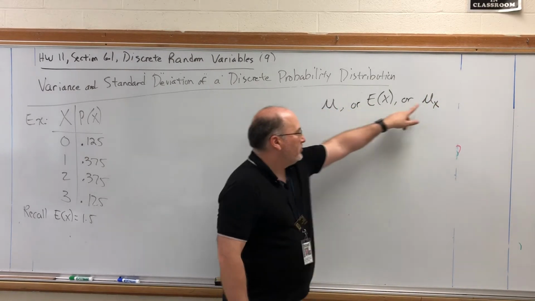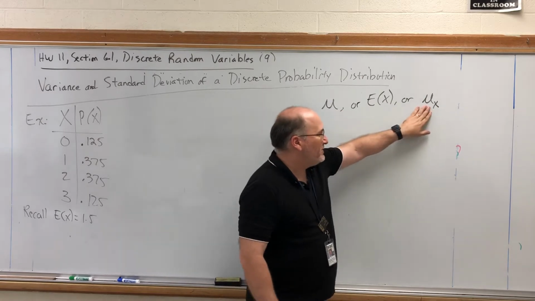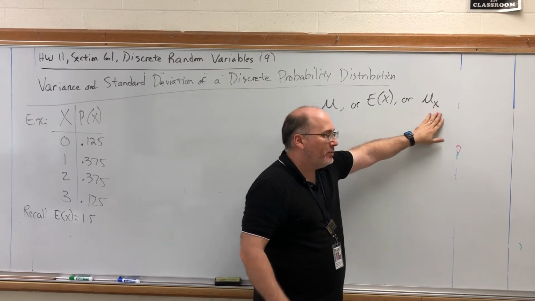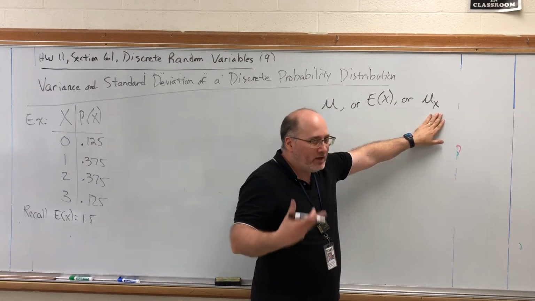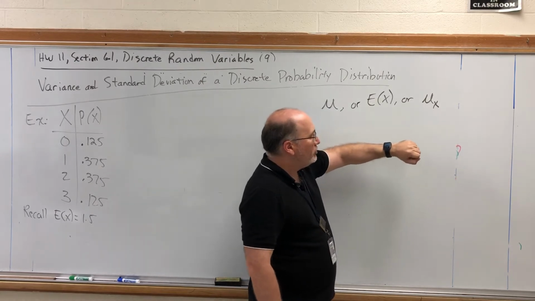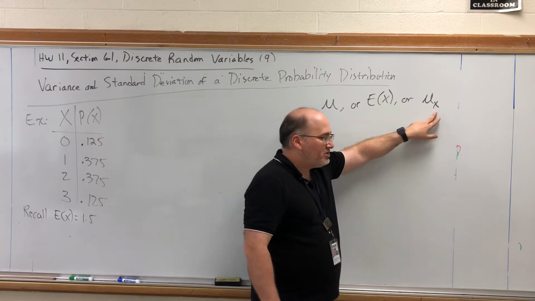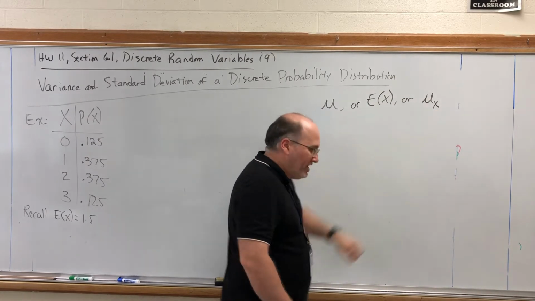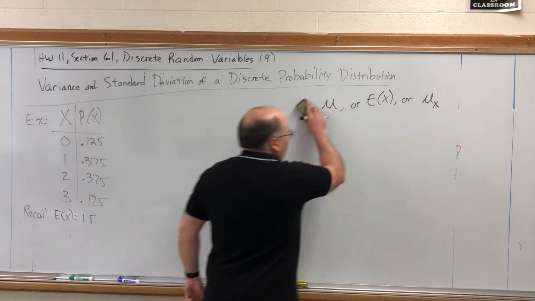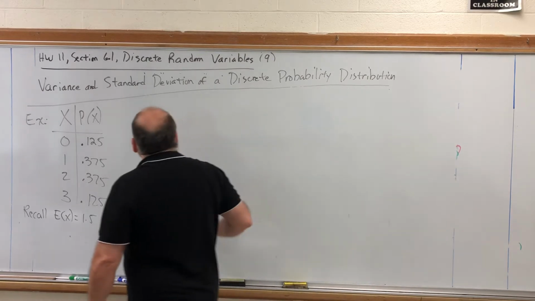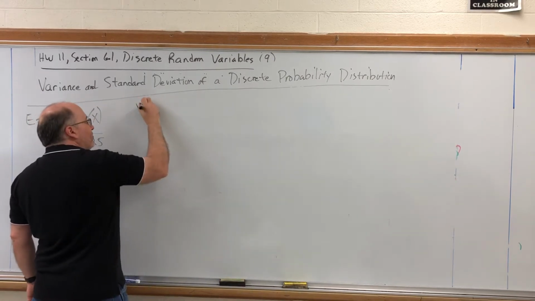The only difference between these two is that this one is specifically alluding to the fact that there was a random variable whose mean we calculated. So in the formulas you're about to see, they will include mu sub x, which just means the mean of that random variable. So without further ado, here's the formula for variance